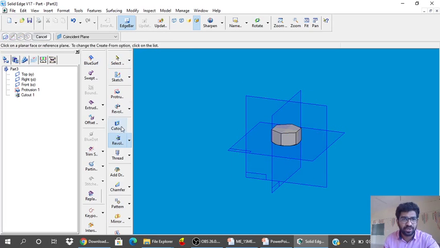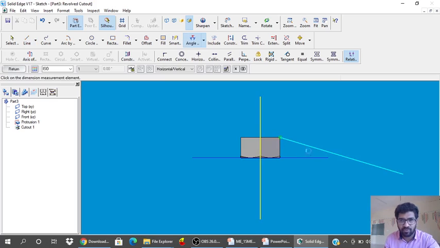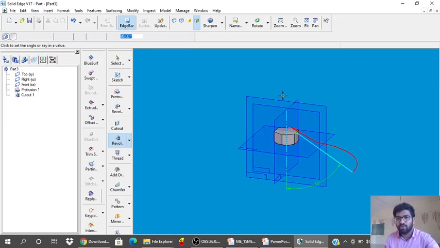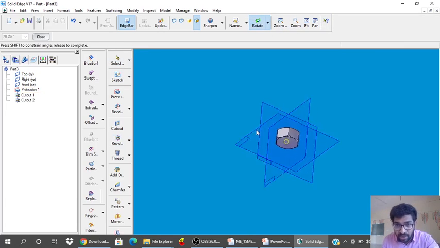Say finish, again revolve cutout, select the same front plane, take a line command, start from this corner, angle from vertical line to this, it should be 60 mm, sorry 60 degrees. Axis of revolution, select front axis, say return, arrow pointing upwards, 360 degrees. So after creating the cutouts, your nut part will be looking like this.